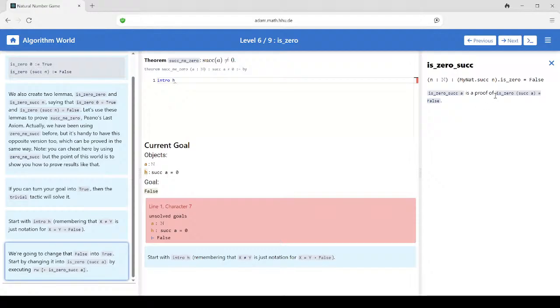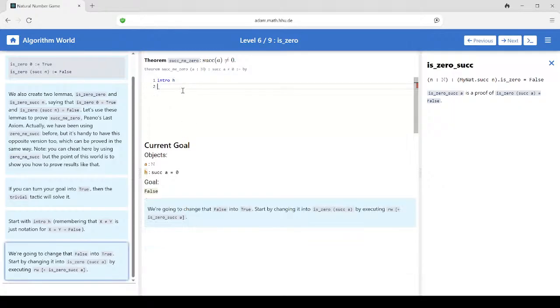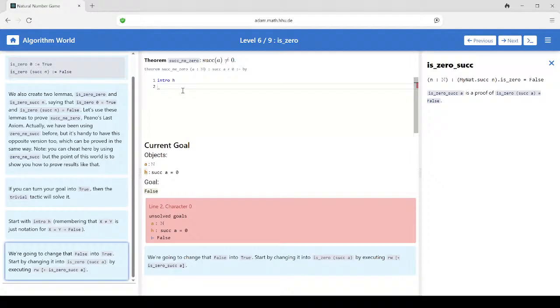This is the proof that is 0 successor A equals false. And we have 0. We're going to do it backwards with the backwards arrow. And that's going to change our successor A equals 0 into